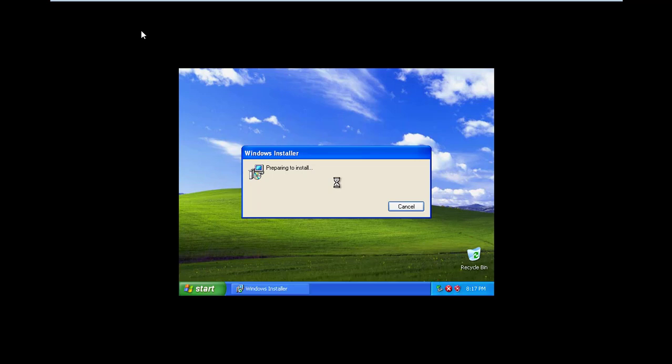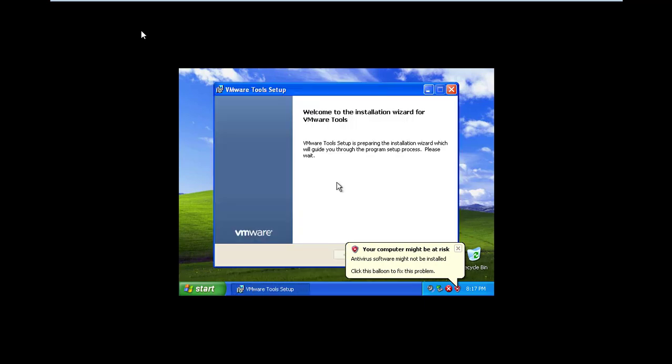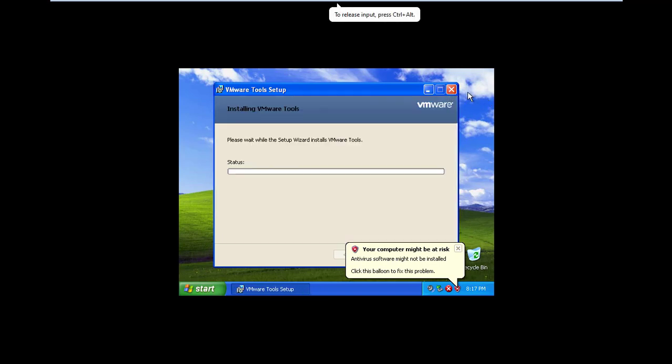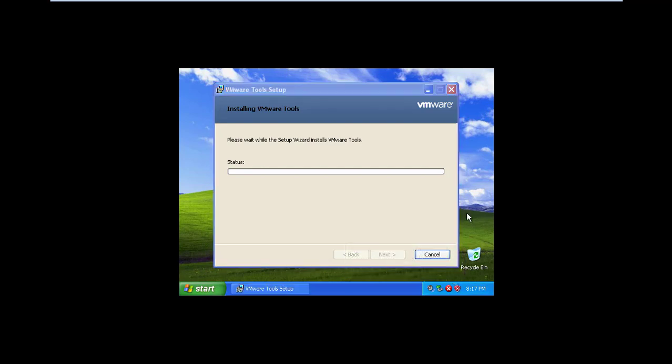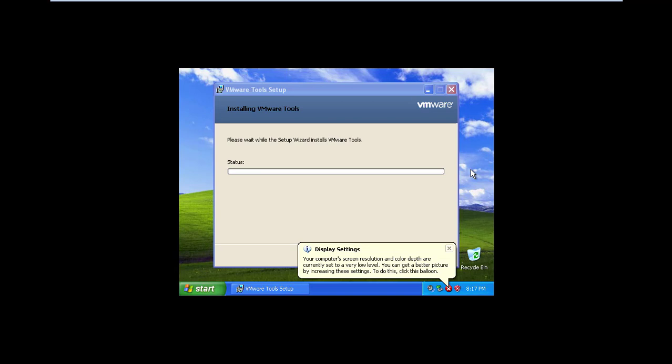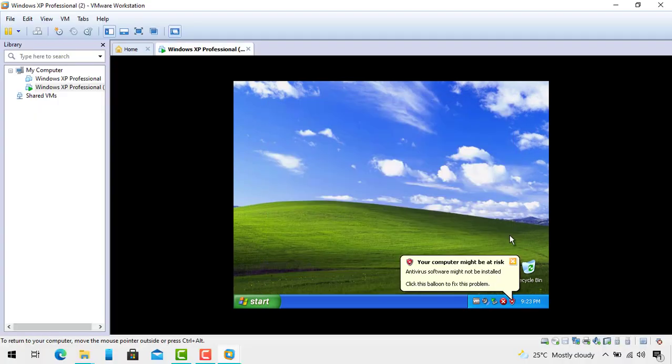Now we can see the Windows XP desktop. Let the installation get completed. The installation of Windows XP has been completed.